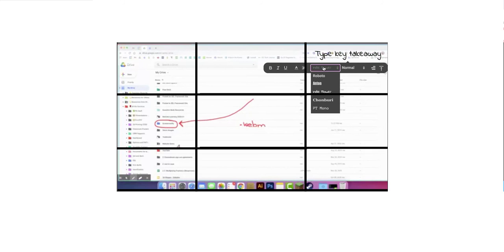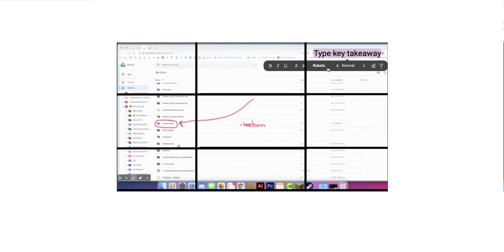So I can change the font to one of 5. That one's quite bold. Roboto is quite easily read. And if you want something kind of cute, Indie Flowers is in there. I can put a background color behind my text,